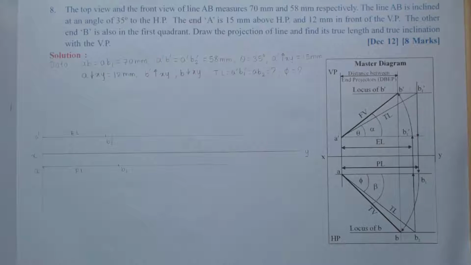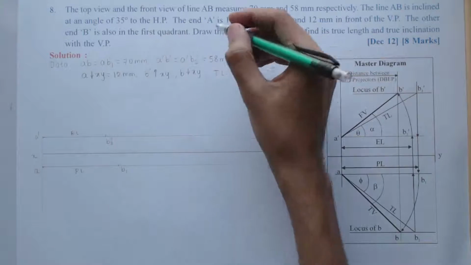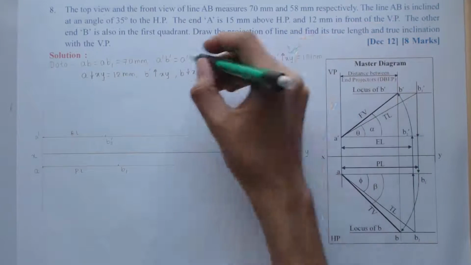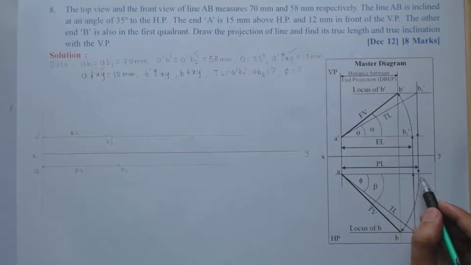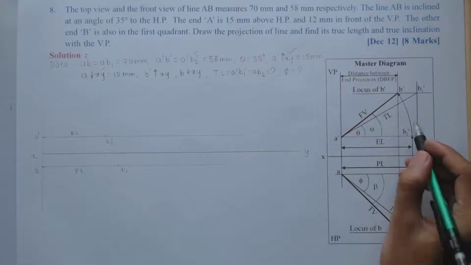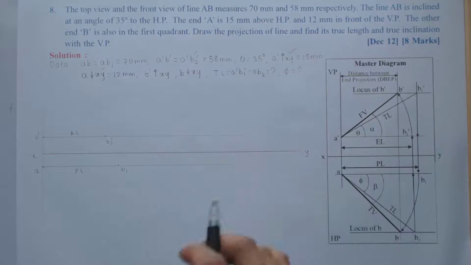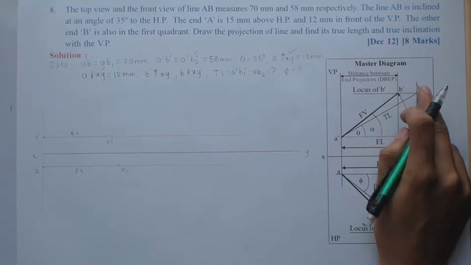Now, so we have used this data as well as this data, A dash and A. Okay. Now, if you observe the master diagram carefully, we have already marked B1. So if I'm dropping a vertical projector from B1, so obviously on that vertical projector, I'm going to get B1 dash. Okay. Similarly here, I need to drop a projector from B1 to locate B1 dash.